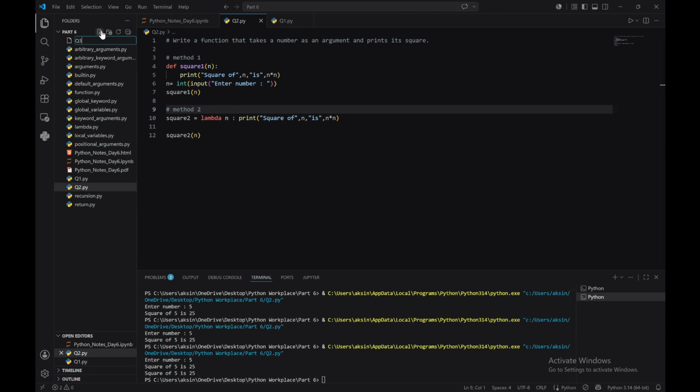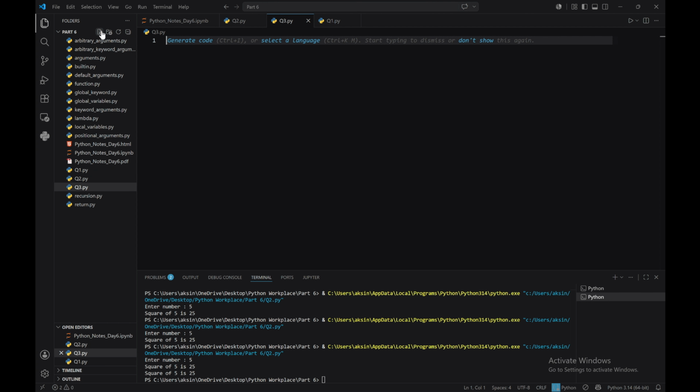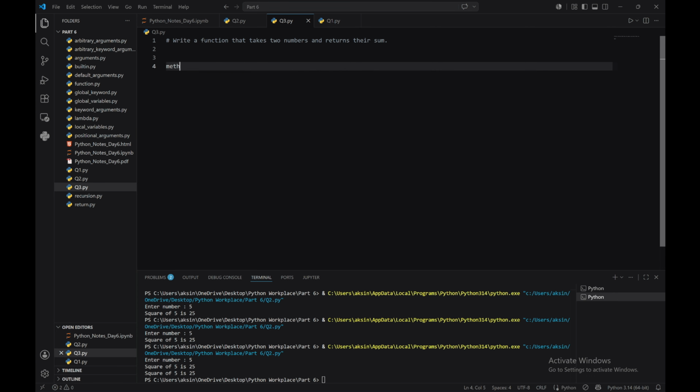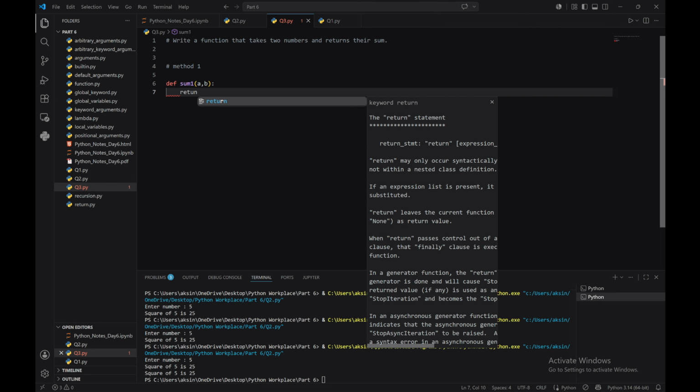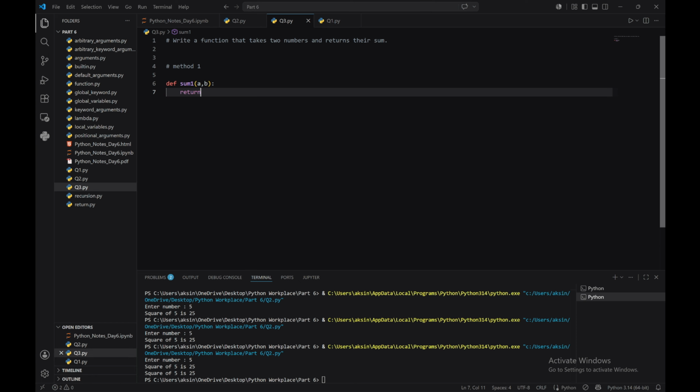We will create the question file, and after that we will write this question. For that, we will write method 1. We will write def sum1(a, b). It is going to return a plus b,